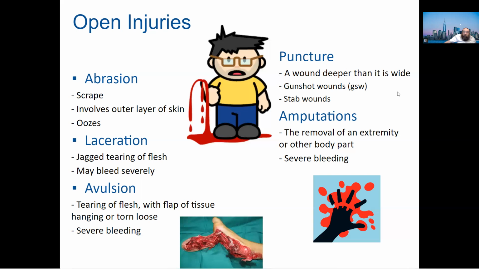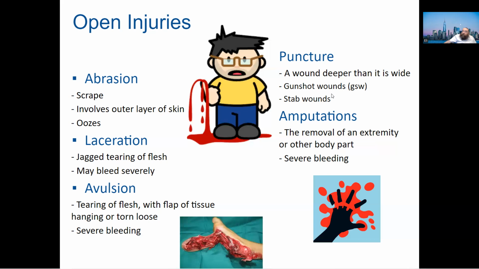Typically stab wounds, gunshot wounds, but there are many other types of punctures, right? So if somebody is fooling around with needles and they stick a needle into themselves, that's a puncture. Okay, so it doesn't have to be a gunshot wound, but these are the two most seen